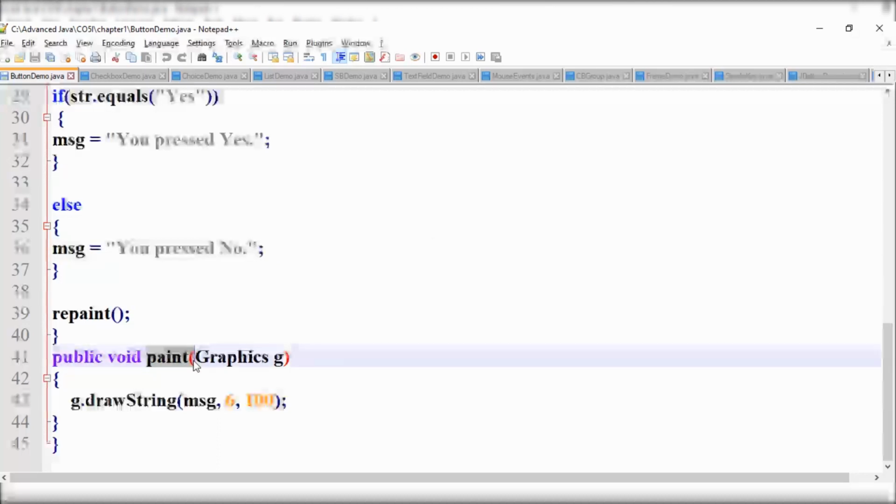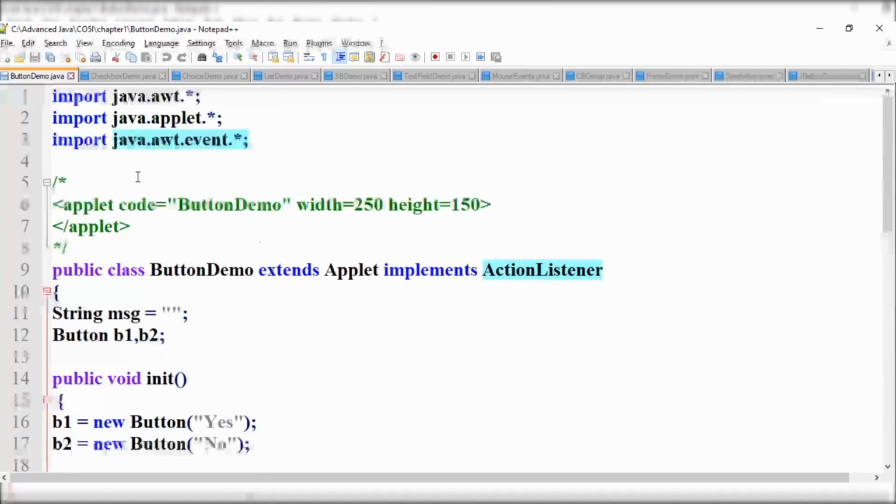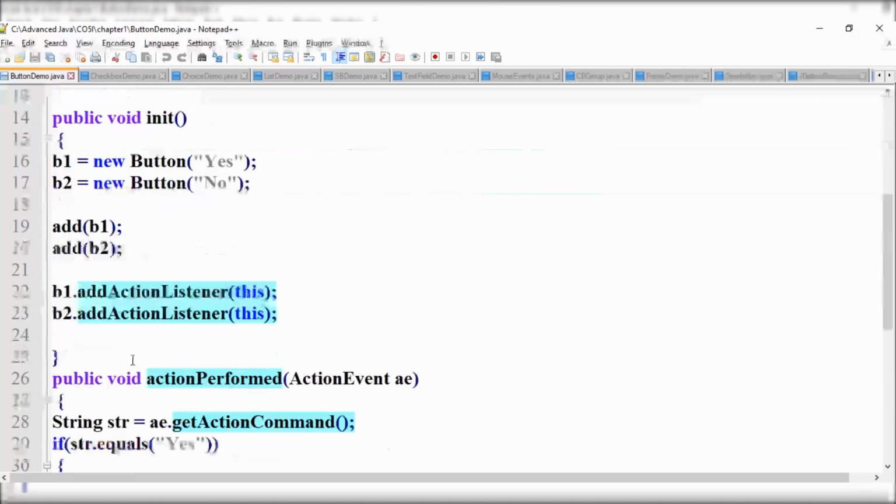Now the important things for the online exam are: you should remember which package is required for event handling; which listener is required for a button, that is action listener; third, what these two lines are called.